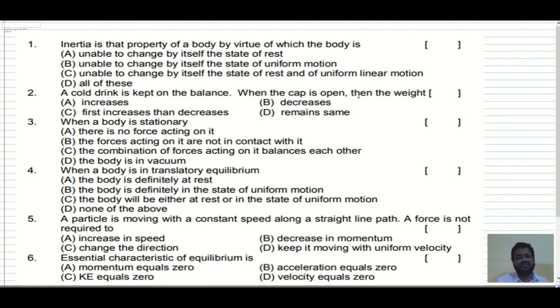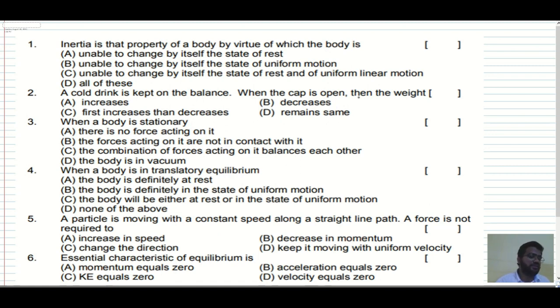So let's start with laws of motion DPP, and in this we have the first DPP, and all the questions I'm taking over here are theoretical ones. And as you can see, this is the first question we have. Inertia is that property of a body by virtue of which the body is...